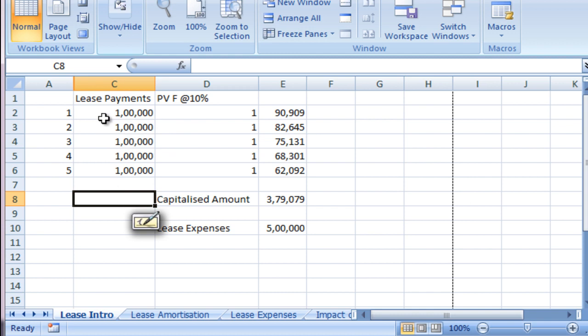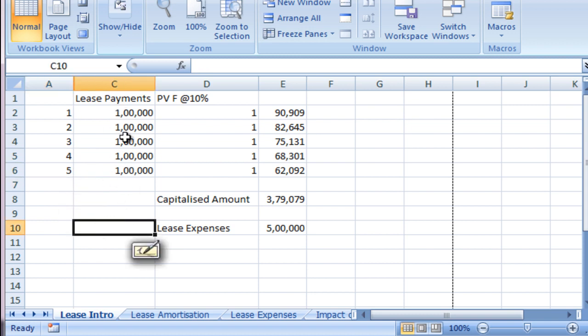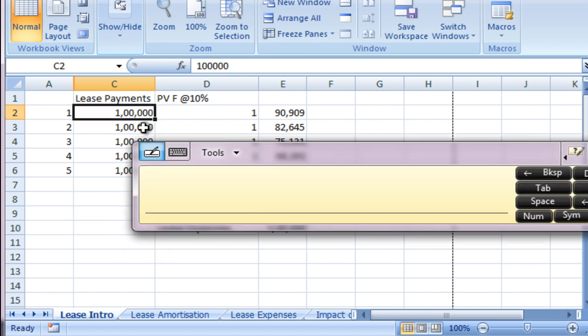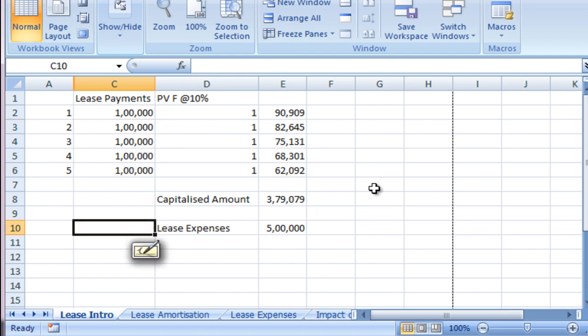This is the total lease payment. Under the current regime, we need to show lease payments or lease expenses. I'm not talking about any lease incentive. It's a straightforward, plain vanilla lease. No balloon, nothing. Plain vanilla lease is 1 lakh, 1 lakh, 1 lakh. We need to recognize expenditure every year as 1 lakh currency unit under the current scenario, under the current IAS 17. But as required under IFRS 16, we need to capitalize the right to control the use of